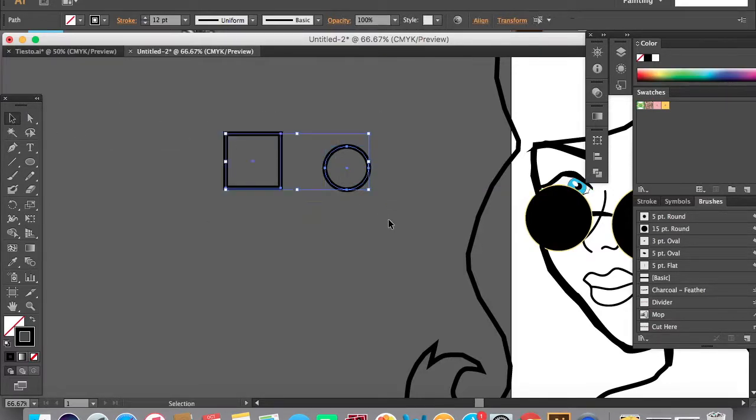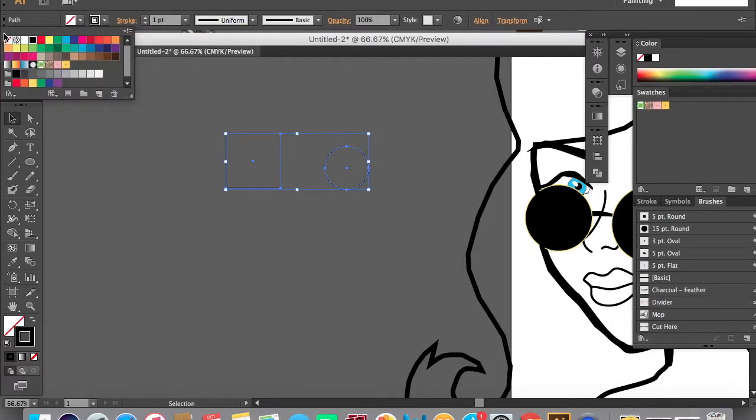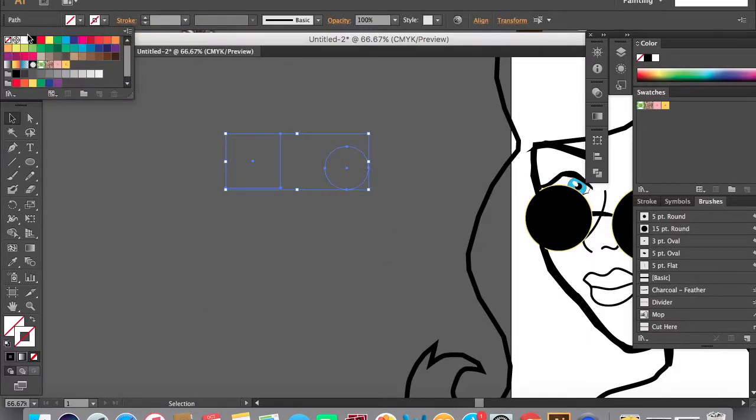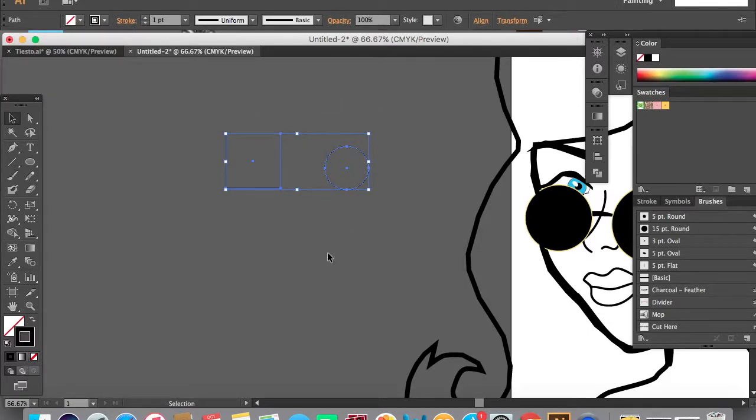So both of these have a really thick outline or stroke. I'm going to go to my strokes panel here, and I'm going to go to 1 because I don't want a huge stroke. Actually, I'm going to take out the stroke, but I'm just using the stroke so I know where the square is, because if I put no stroke on it, it's going to look invisible and it's going to be harder for me to do what I want to do with it. So anyways, give a little stroke. Okay, so you have your two simple shapes, and that's pretty much all you need to create your pattern,